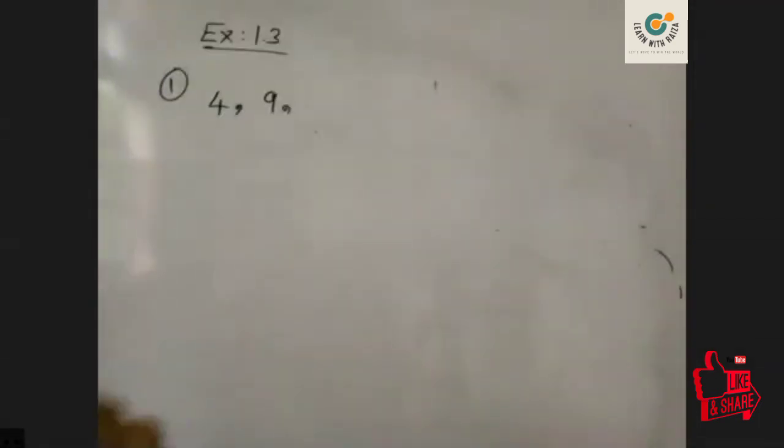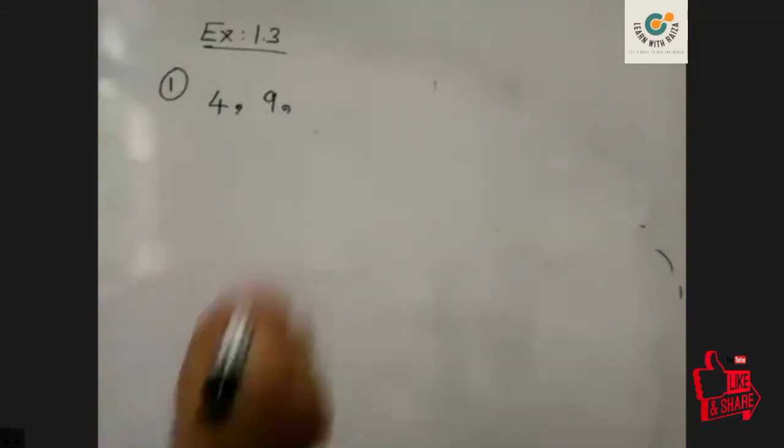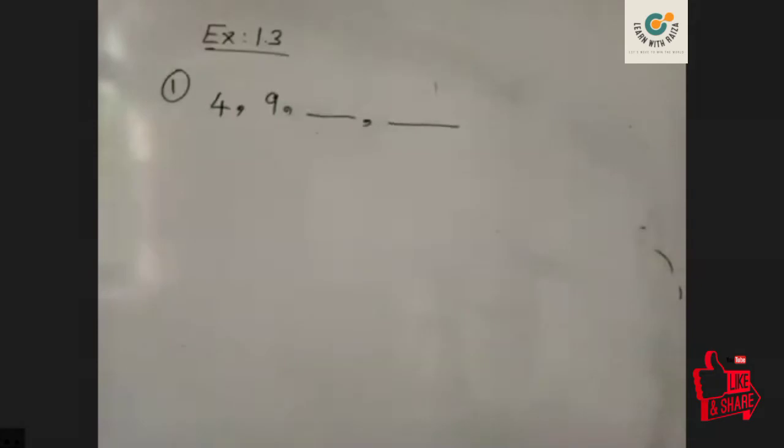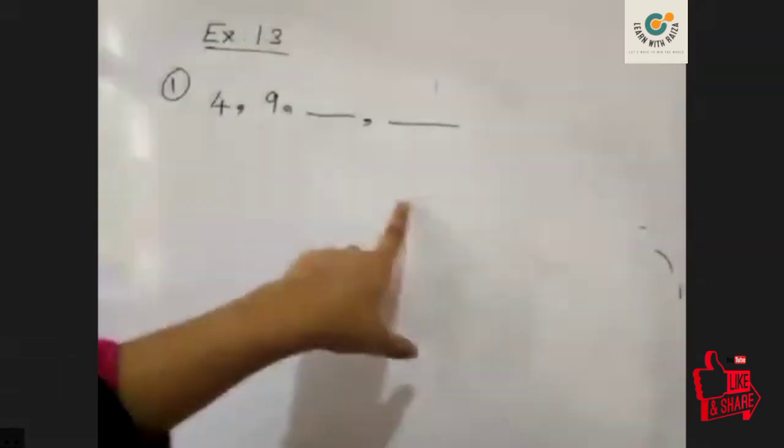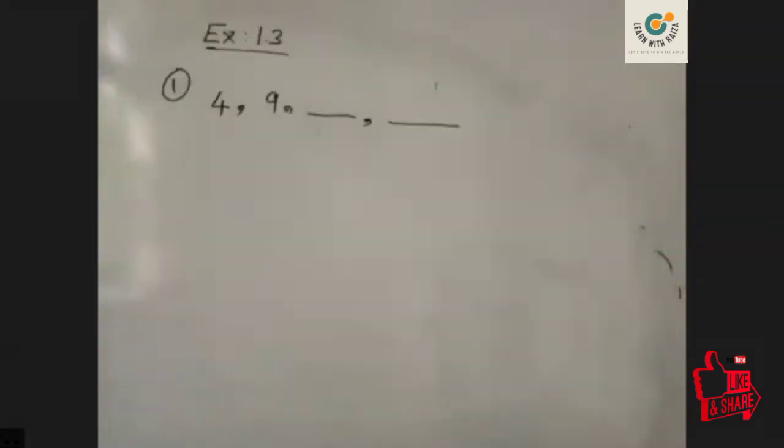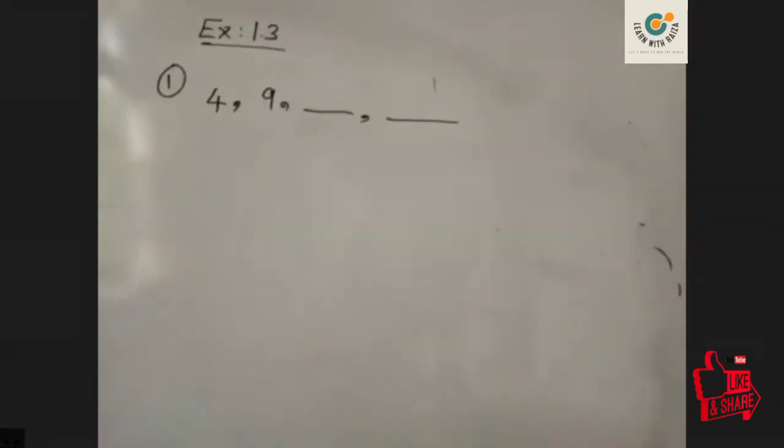Figure number 3, there are how many? You can't count it, so we'll put it blank. Another blank. The first figure is simple to count. You can see 4 matchsticks are there. So we have to find the number of matchsticks needed to create the third and the fourth figure. And in Roman numeral 1, they are asking to find out how many matchsticks are required to construct the 20th figure. So let's see how to do this.